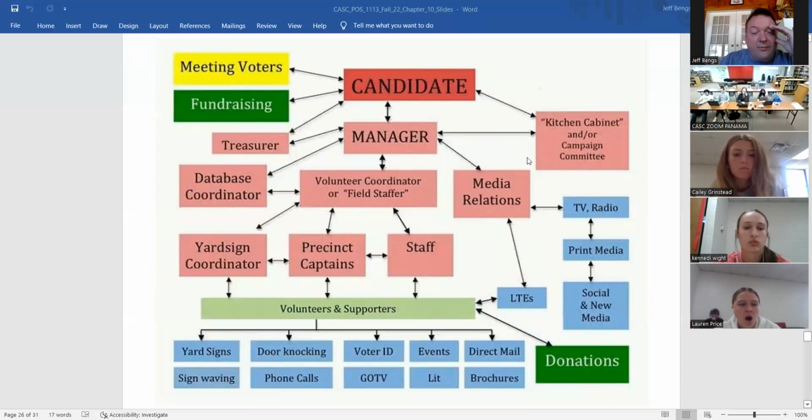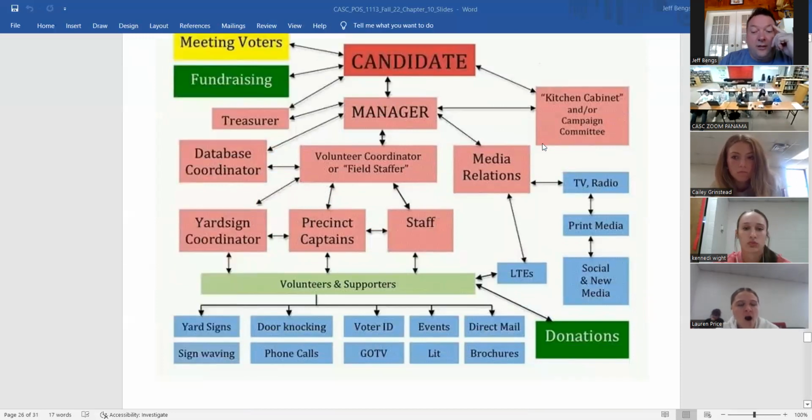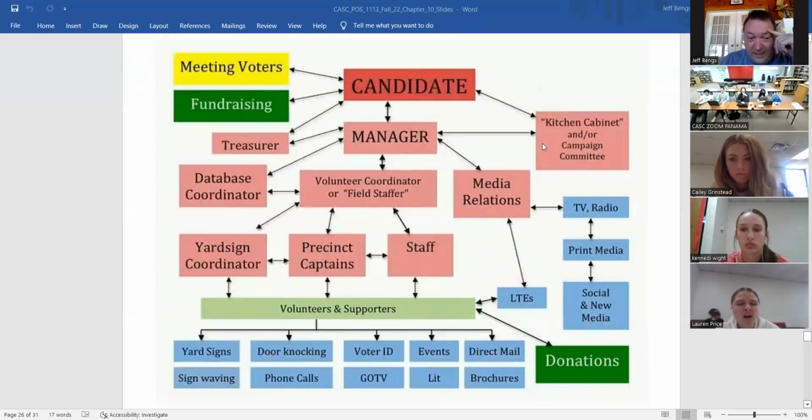Here's another more complicated flow chart. None of these will be on the test, so you don't have to worry about them. But just to kind of give you an idea of all that goes on to get a person elected, but